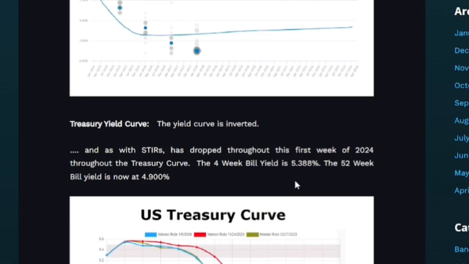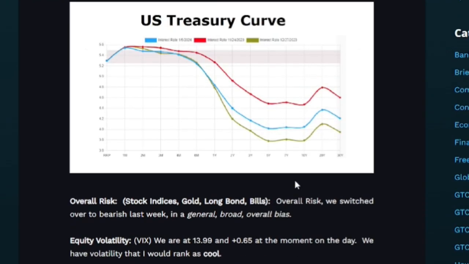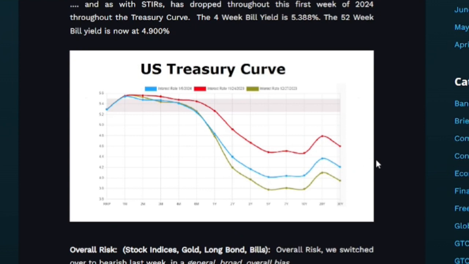These are not the only two curves. As regulars will note, I also look at equity terms and volatility terms. But you have to know what's going on with interest rates just to have any sort of inkling as to what's going on in the world, really. At this moment, when I look over at the other monitor here, it looks like we're having a rally in price in treasuries. I'm looking at the bonds right now. Looks like we are in the high range of where we were Friday. So a little bit of a rally.